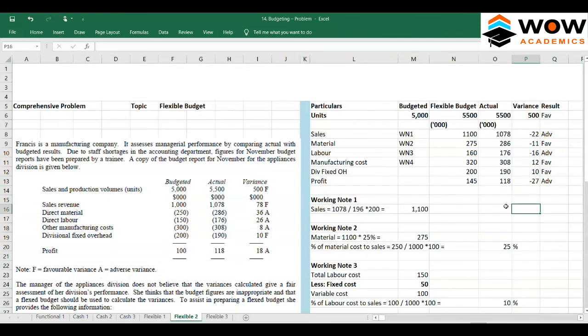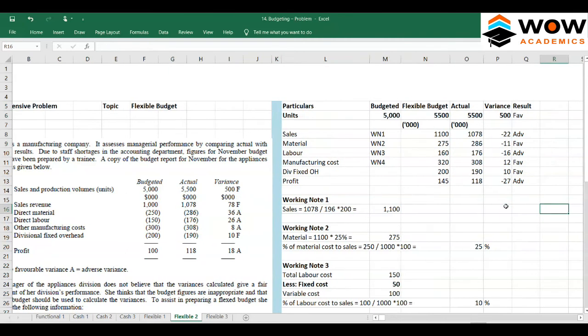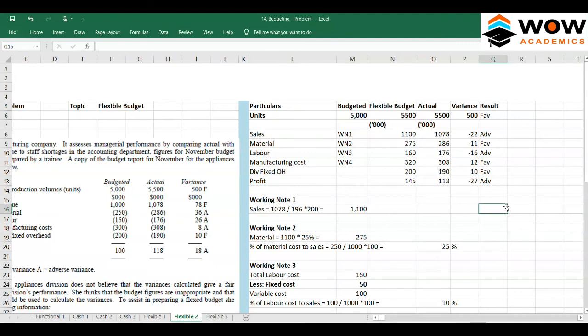You could work out in this manner in terms of these percentages. You could also work out in a different manner. If you want, I can put it here, the alternative working. So I'll put a heading called alternative working, where you can use units and work out. So sales should have been how much? Sales should have been